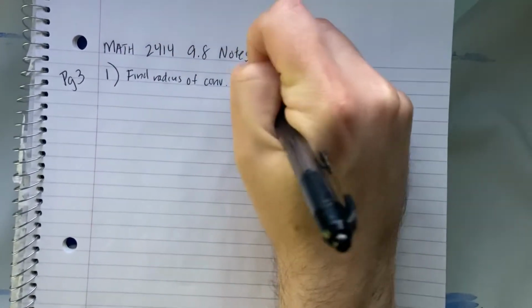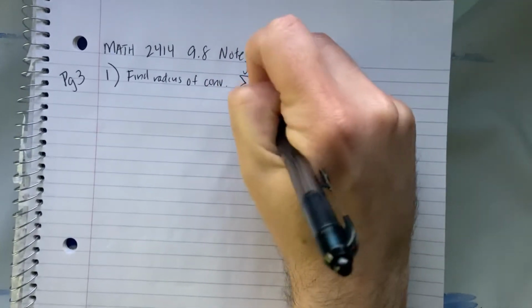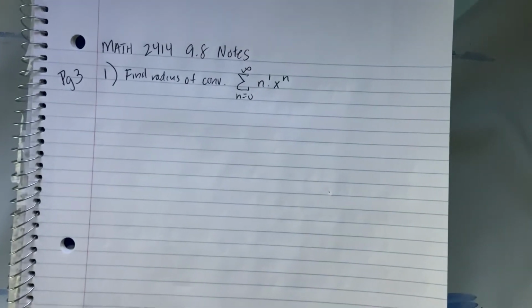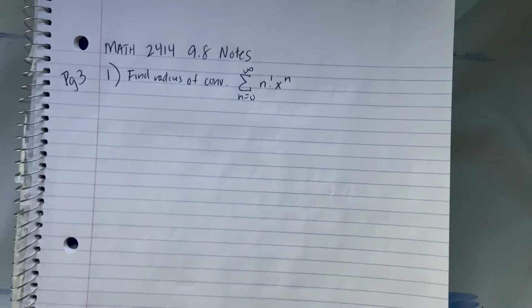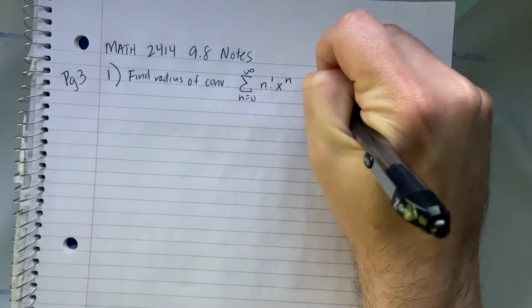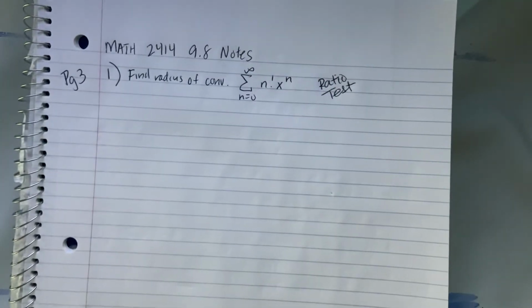It says find the radius of convergence for the sum from n equals 0 to infinity of n factorial x to the n. Okay, so how do we determine if something converges or diverges? Our most reliable test was the one we learned most recently. And anytime you see a factorial, you almost always want to use the ratio test because it deals with factorials